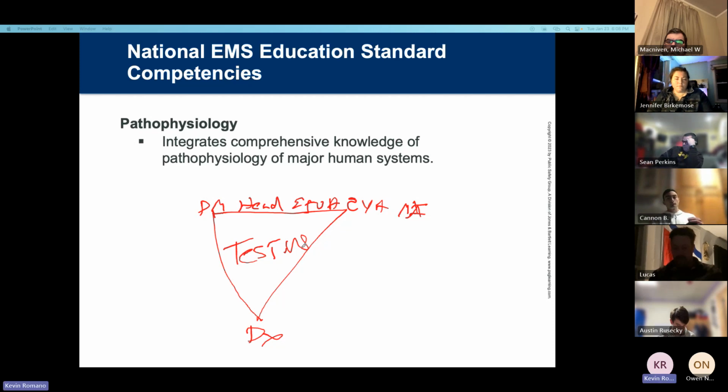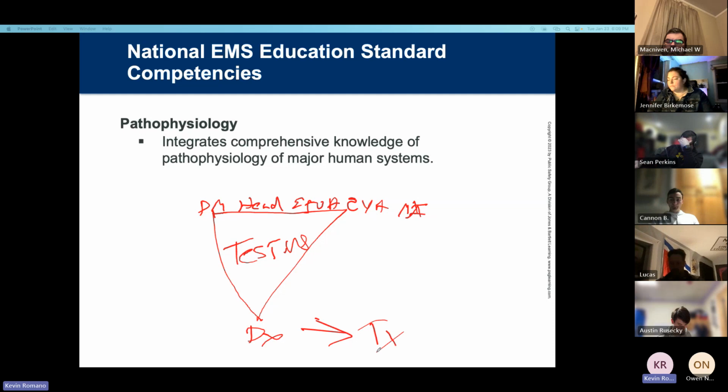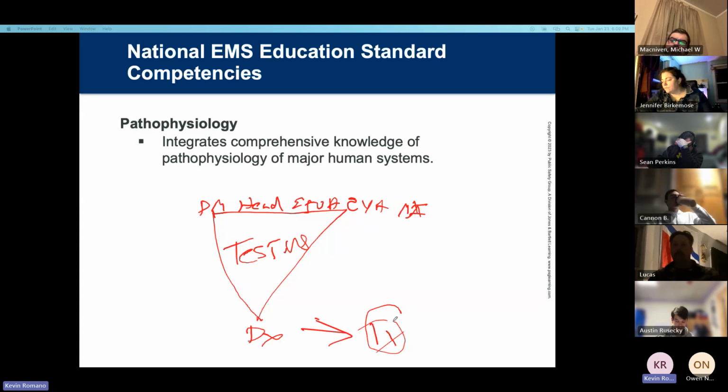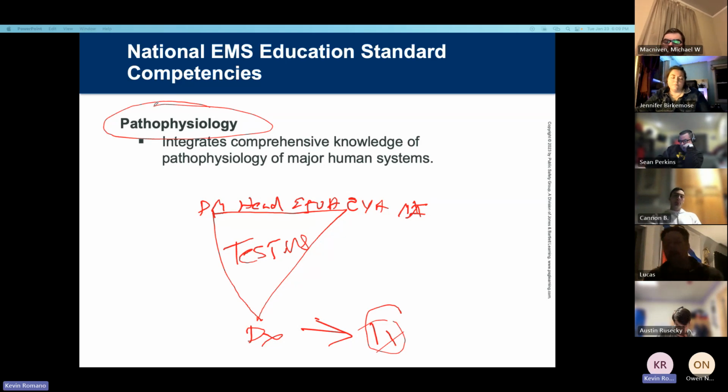And we do all these different tests in the field, and we come up with this differential. Our differential at this point is where we put down T or TX. It's not really treatment, treatments. Now we're going to start doing our treatments, right? But in order to get to all this, we have to have an understanding of pathophysiology and what's going to happen when we do something. And that's where that comprehensive knowledge comes into play: what are we doing to achieve our goal